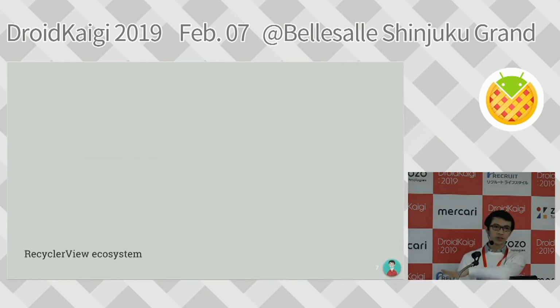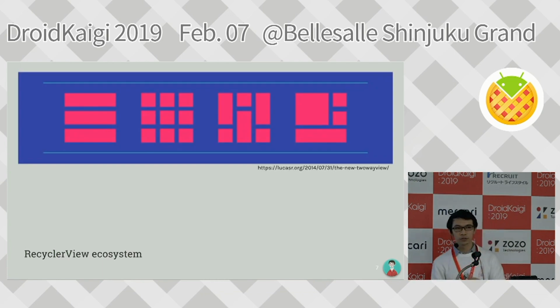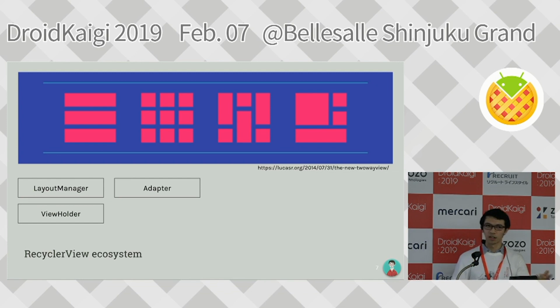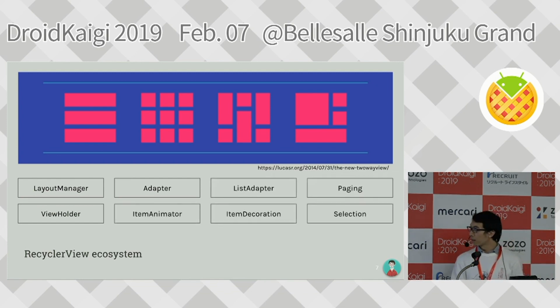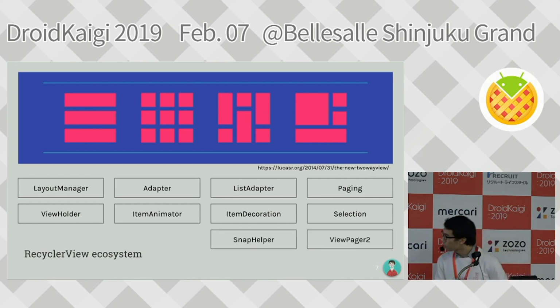So I will go through this real quick. The RecyclerView ecosystem is happy to build something like this. It has really conceptual components as well as advanced components to help you build not only a simple list, but also animation, decoration, and pagination to help you save power, and also selection, which was recently released, I believe. And I believe you already know that there is ViewPager2, which is built on top of